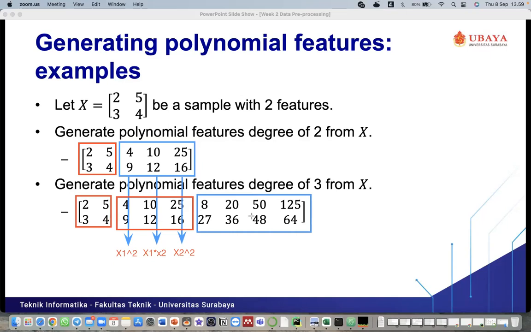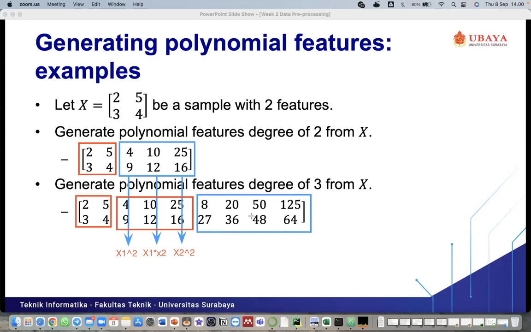So x2 times x1 times x2, sorry, where do we get this? 5 times 10, 4 times 12. 12 is x1 times x2, times x2.